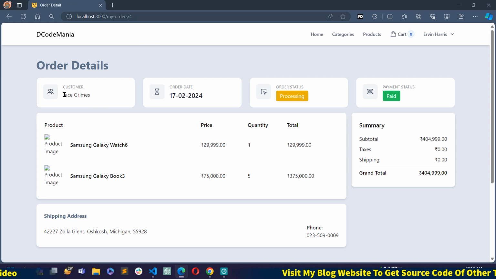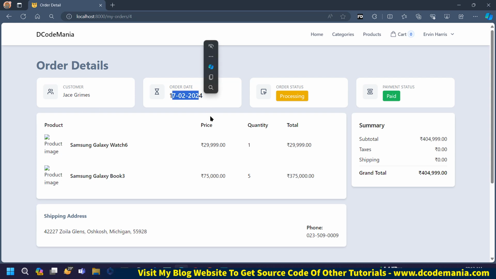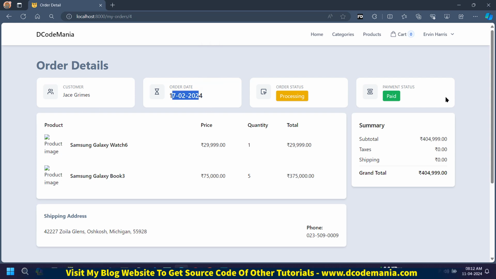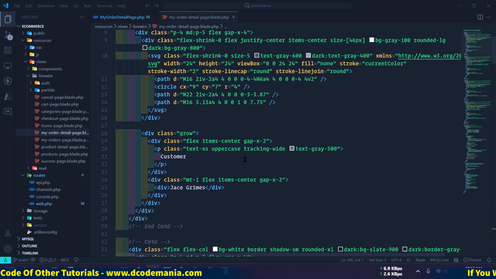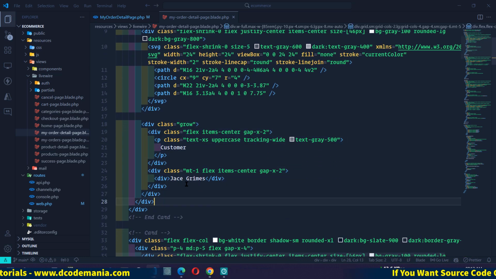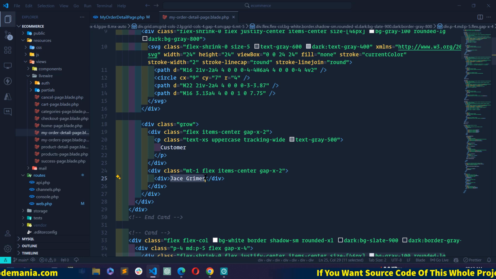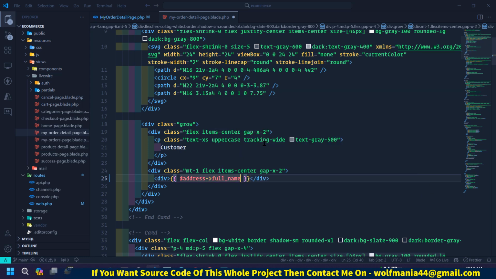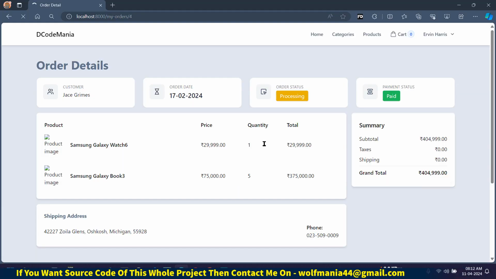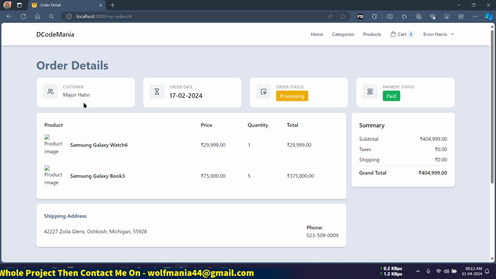Okay, so here I will display the customer name dynamically, and here the order date, order status, and payment status. So let's do one by one. So first I will display the customer full name. So here you can see this is the customer name, and this is static, so I will remove this one, and here I will write address full name. Now if I save this and go to the browser and reload, then you can see we have the dynamic